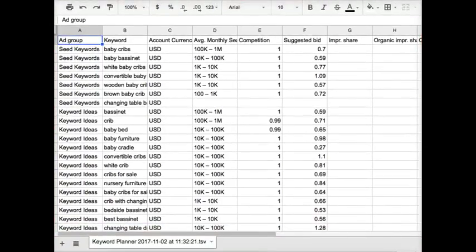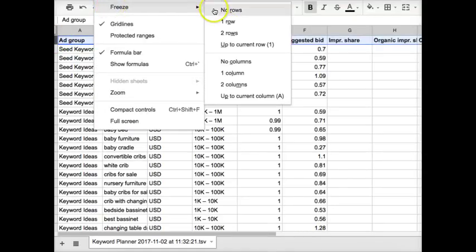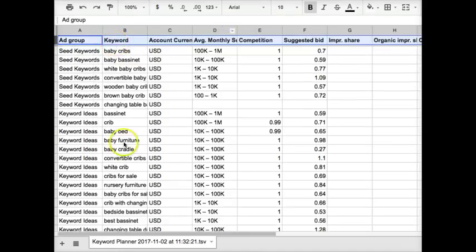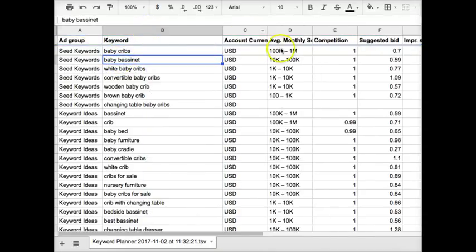Like I said, in my keyword research webinars, I go into how you can bold this header and freeze that first row, and I talk about doing that to organize all of this data and get rid of the rows that aren't needed, because the only thing we need is the keyword phrase and the average monthly searches.